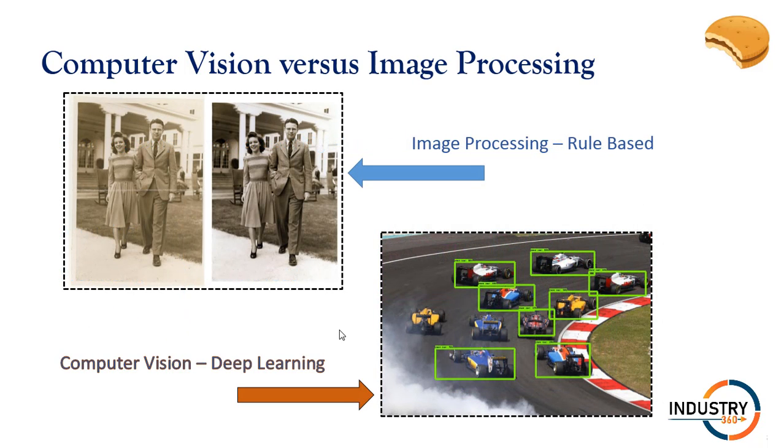So what separates computer vision from image processing? Now, image processing uses rules-based engines. For example, one can apply rules to a digital image to highlight certain colors or to change the balance or other aspects of the image. Those rules then generate a final image. A classical example would be when we use software to restore old photographs.